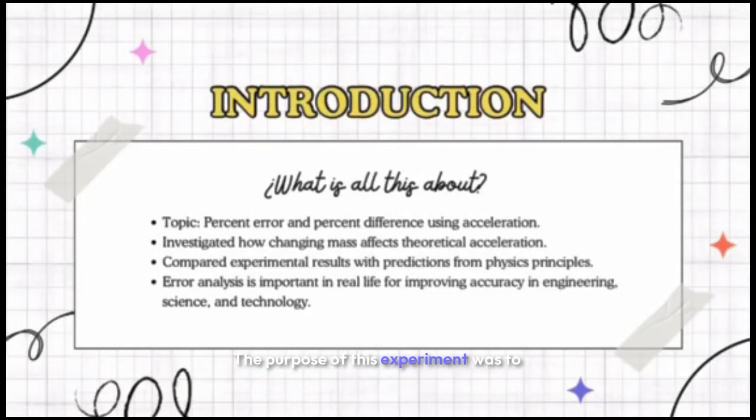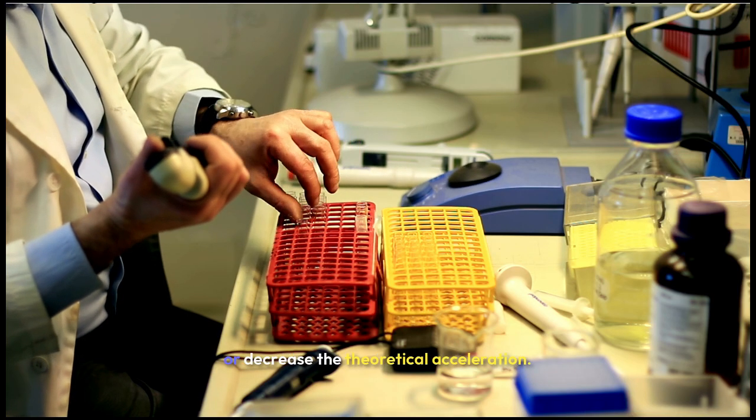The purpose of this experiment was to develop a deeper understanding of percent error and percent difference by applying them to a real physical system involving acceleration. In our previous experiment, Lab 3, we calculated theoretical and experimental acceleration using a glide and hanging mass system. In this lab, we modified the system by changing one of the masses in order to increase or decrease the